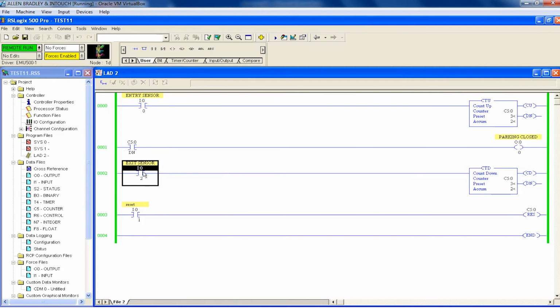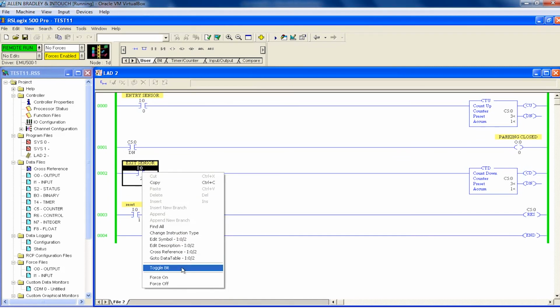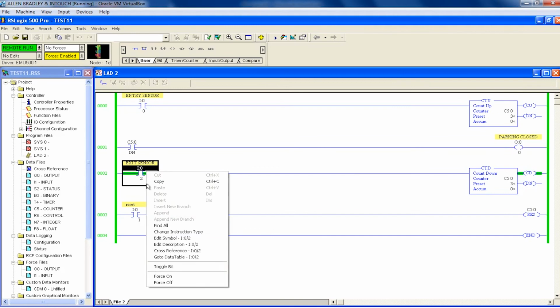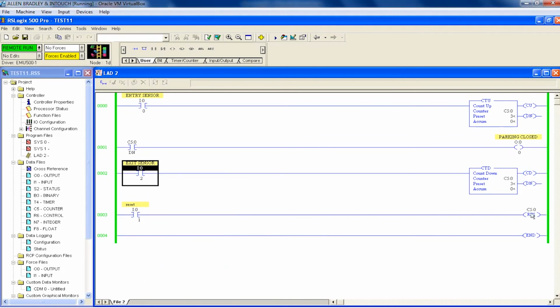So this is a combination of up and down counter in the same project. Now the parking is completely free because the accumulator value is 0.